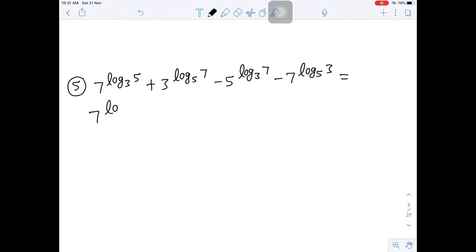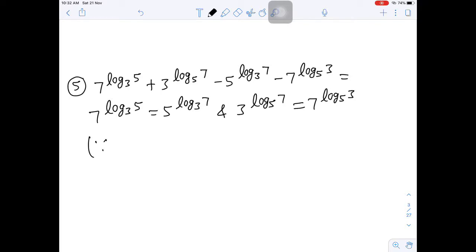So 7 to power log 5 will be equal to 5 to power log 7, and you will also get 3 power log 7 equal to 7 power log 3, because there is a formula